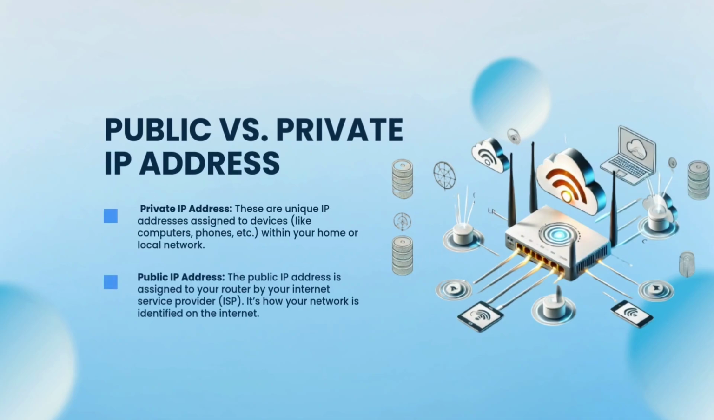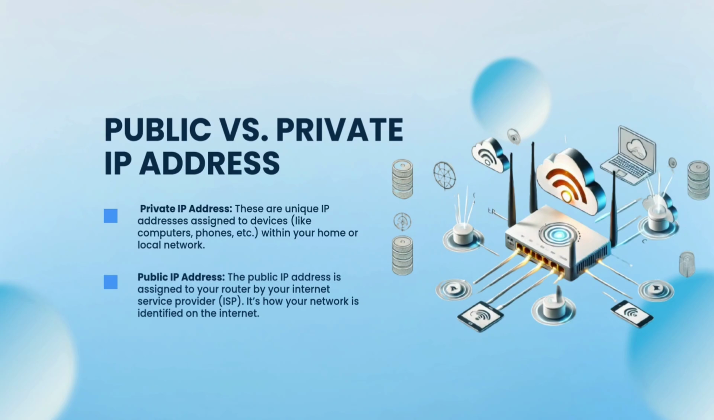Now we'll talk about private IP versus public IP addresses. Private IP addresses are used within a local network such as a home or office to allow devices to communicate with each other. These addresses can be reused across different networks since they are not globally visible. They are assigned by the local network administrator, the router, and are not directly accessible from the Internet. A common example of a private IP address is